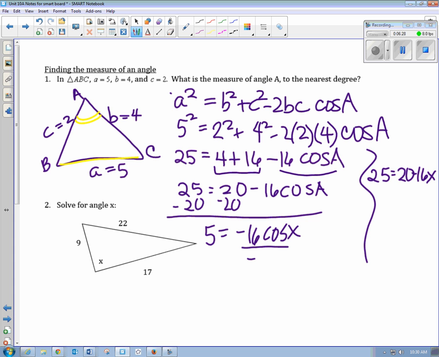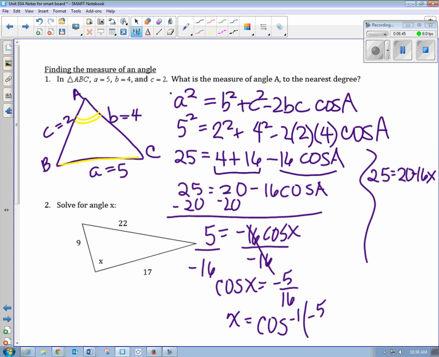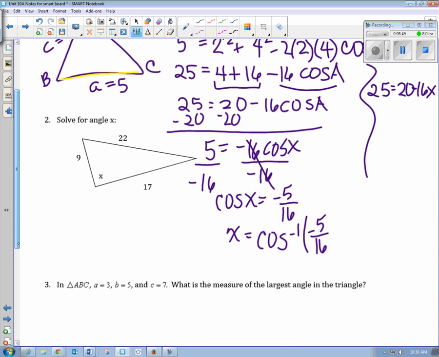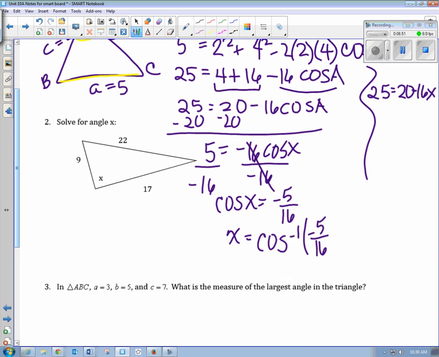And then divide by negative 16. So when I go through to solve now, I'm going to have cosine x equals negative 5/16. And I'm solving for x, so I'm going to do cos inverse, negative 5/16. And then I'm going to type that into my calculator, and I'm going to find out that this is,